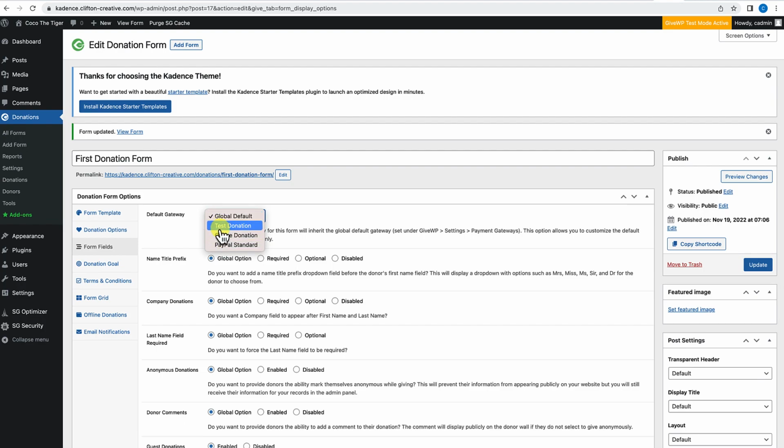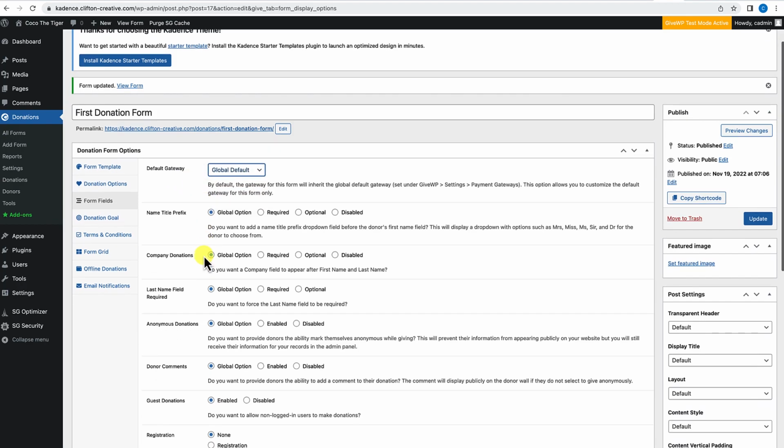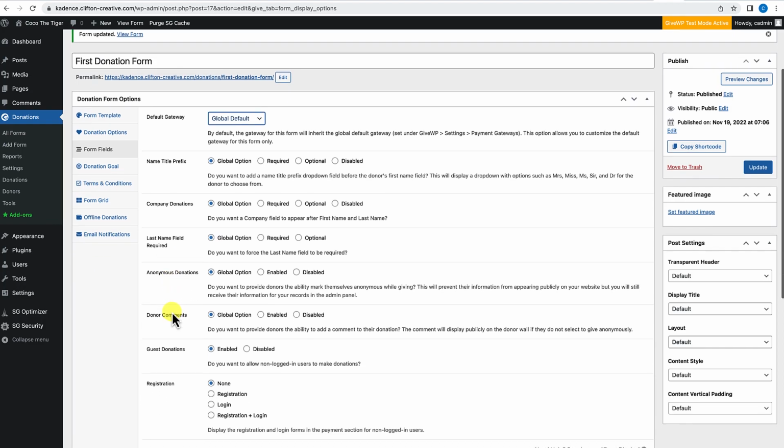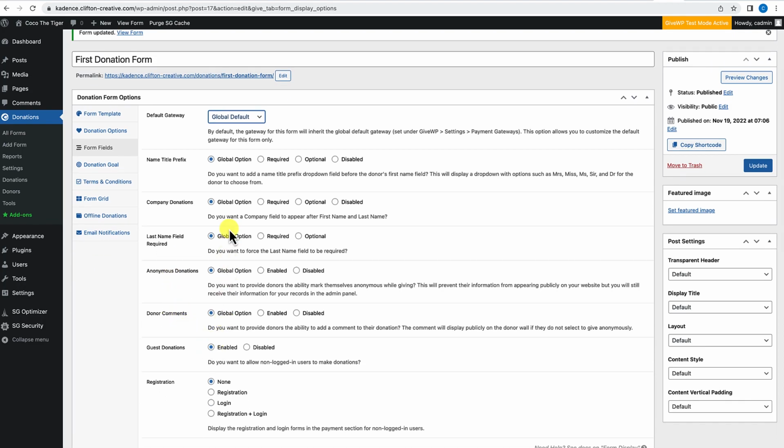But you can change that here. If you had Stripe integrated, you could go ahead and choose Stripe to be the first option. Then the name and title prefix, company donations, last name fields, requirements, and so on. These will always follow the default option that you have set up in your settings, but you can actually change this on a per form basis. So for each form, you can configure specific options for the name and title, company donations, last name field,